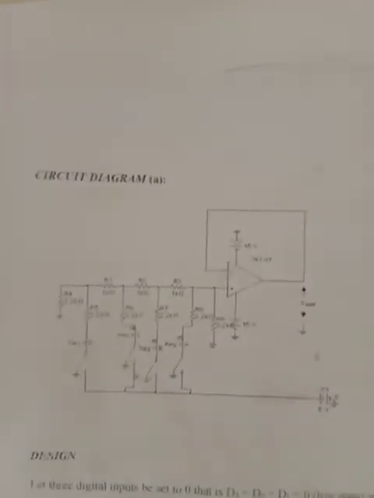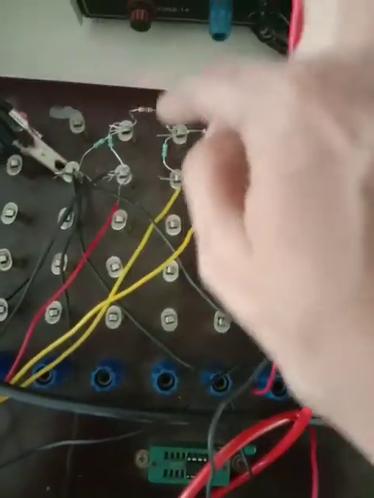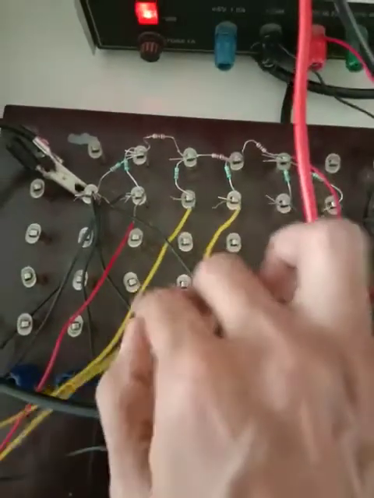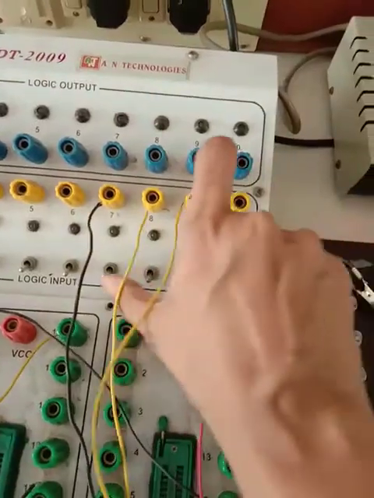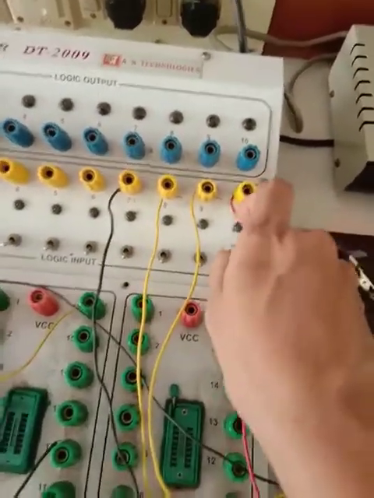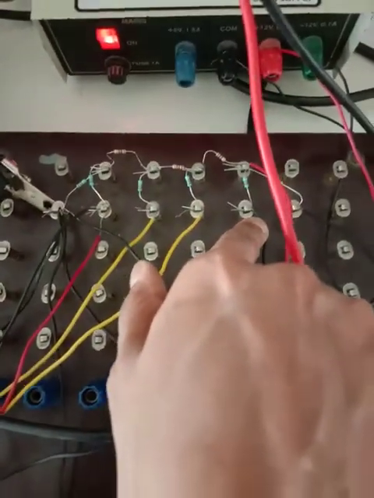Okay, so this is connected on the spring board over here. You can see this is your R and then 2R ladder, and the output of each we are giving to a trainer kit so that it becomes easier to toggle between the 4 inputs. So we have here LSB to MSB. You can see this is the LSB and it goes up to MSB.